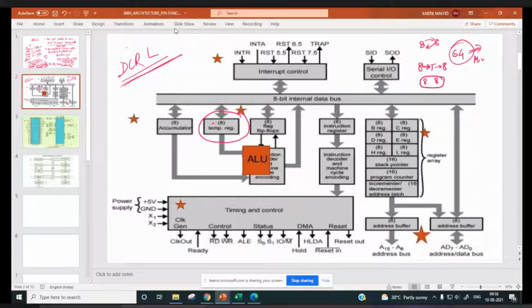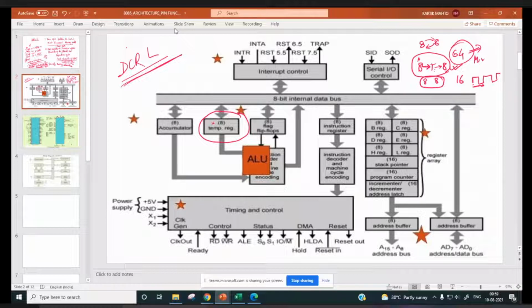So you need only 16 micro instructions for implementing 64 different data transfers, right? But in this case, you have to use 2 clock pulses. In one, it will transfer from register to temporary, and then temporary to the other register.